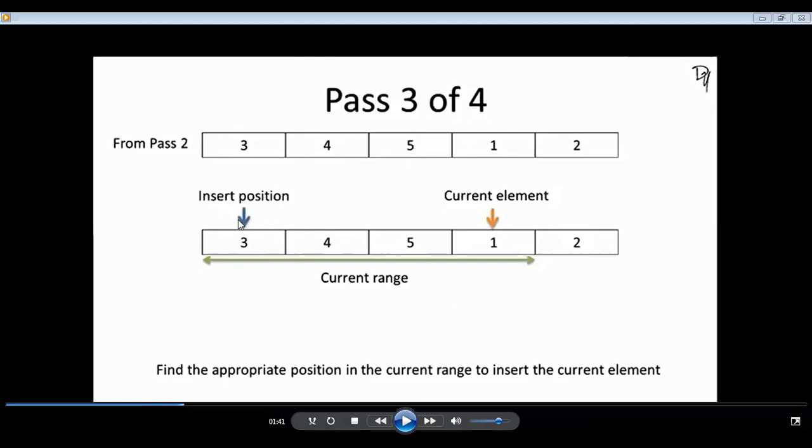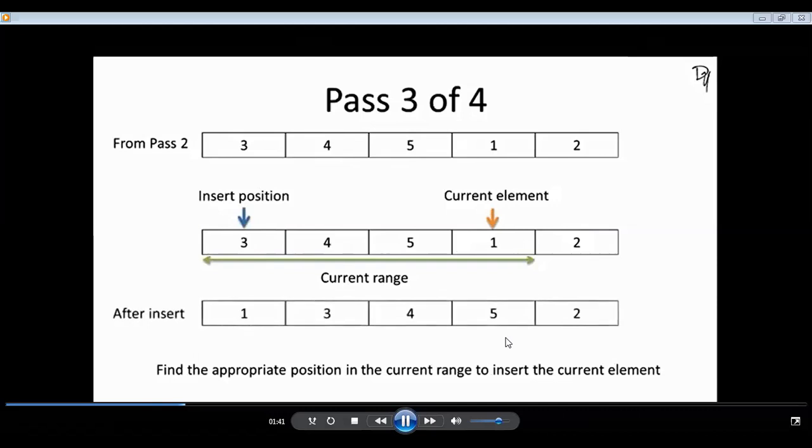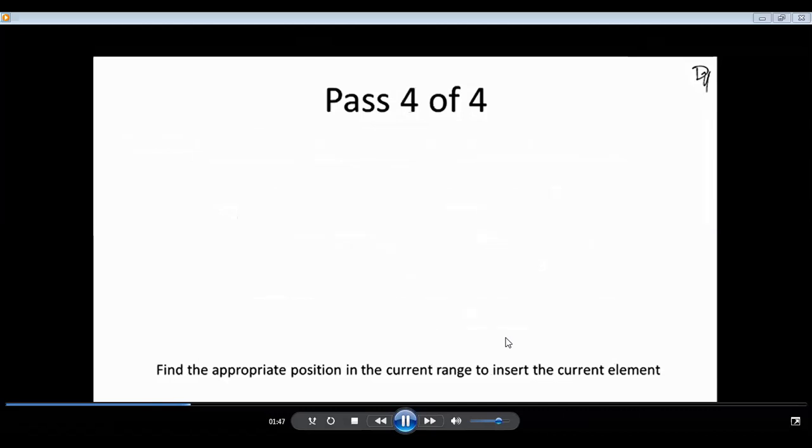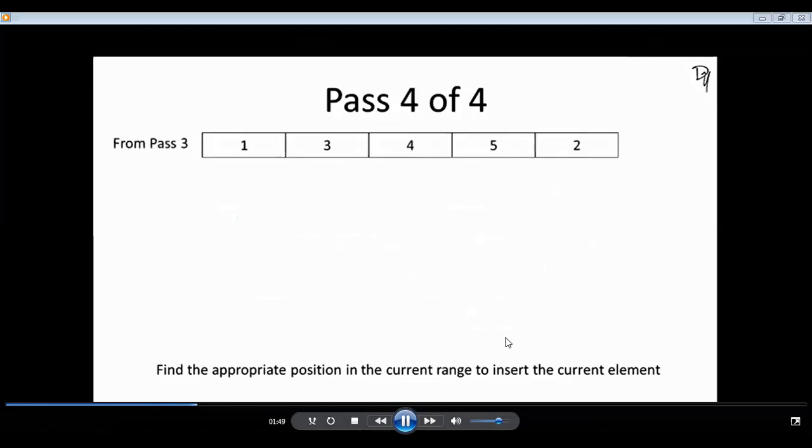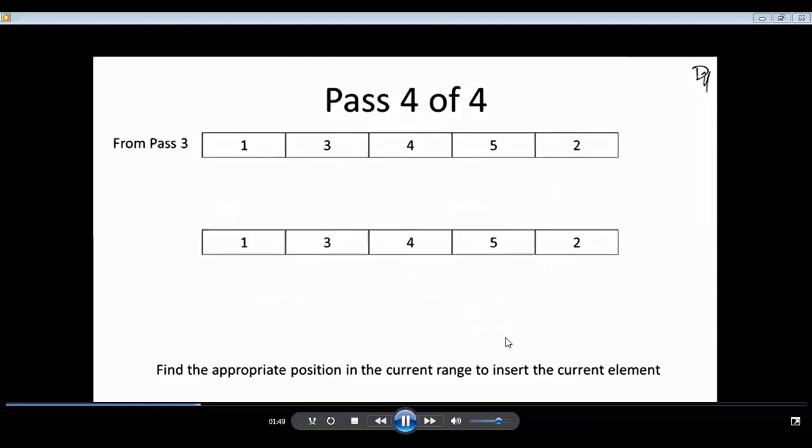So what will happen now? 1 will be coming before 1, right? At the end of pass 4, the whole range we will consider, right? So current element is 2.